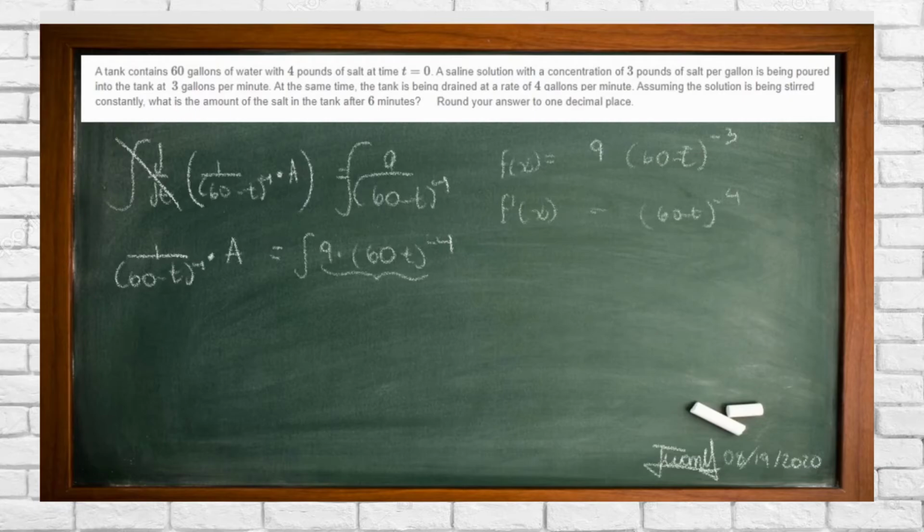So what we need to do now is divide by negative 3, but we also need to multiply by negative 3. Why? Let's go. If we take the derivative of this function, first of all, I forgot the 9 here. We need to pass this 3 as a multiplication number that's multiplying the function. So 9 times negative 3